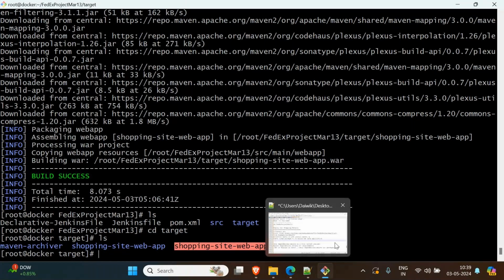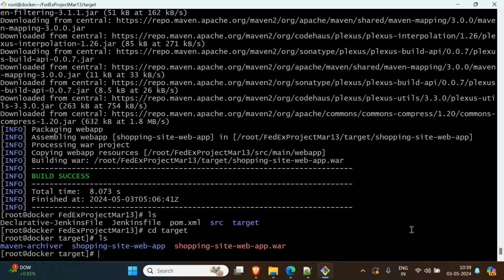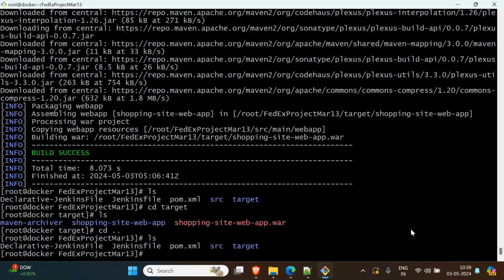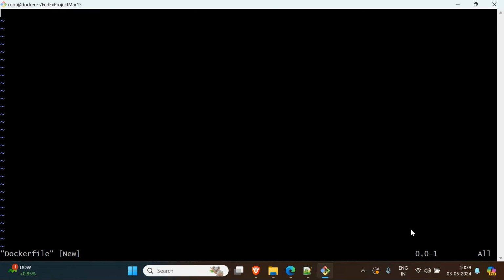So here in the target folder, just come out of it. cd .. ls. Let me write a Dockerfile here. vi Dockerfile, enter. We are in a different folder, different Dockerfile. Previously, the Dockerfile was in a different path, in the root folder. Now here, escape, insert mode. Here I will say